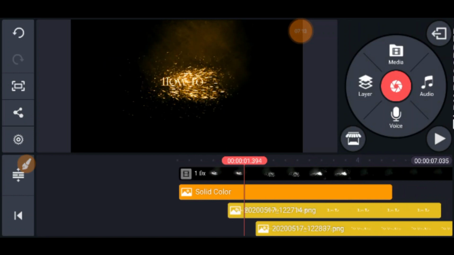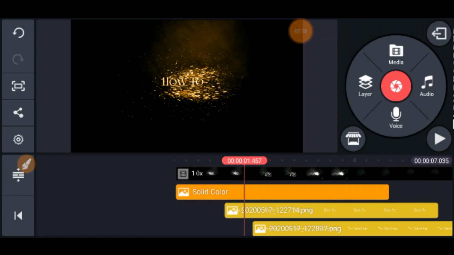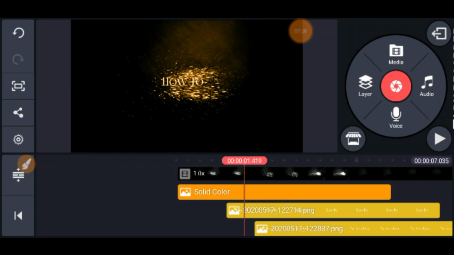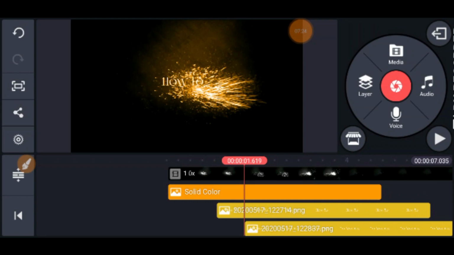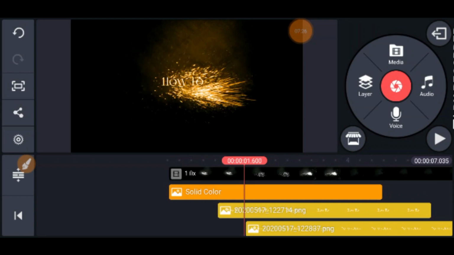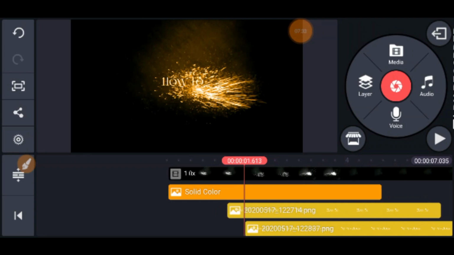So after your first sparkle you can change the color of your background. So now let me show you how to do it. So you need to bring your timeline at this point where your next sparkle is about to appear.